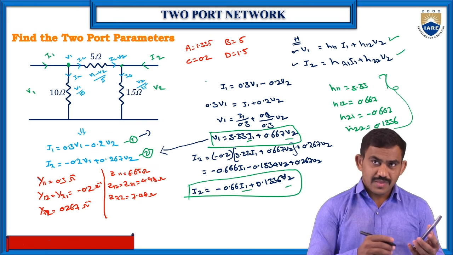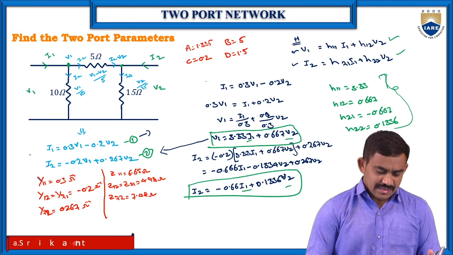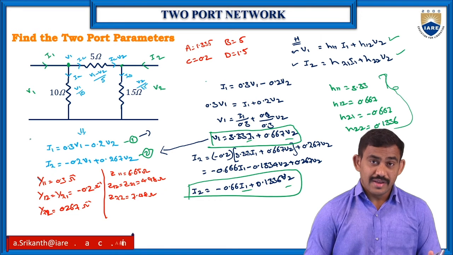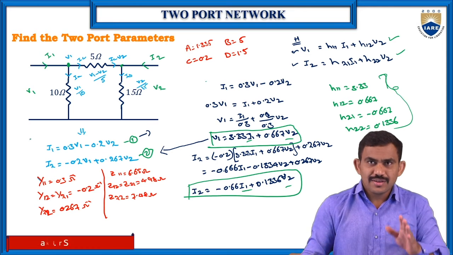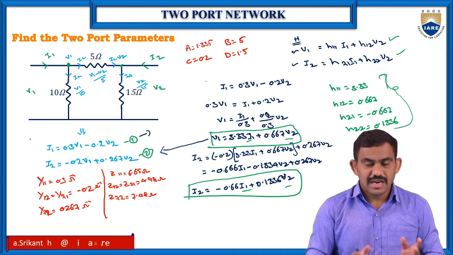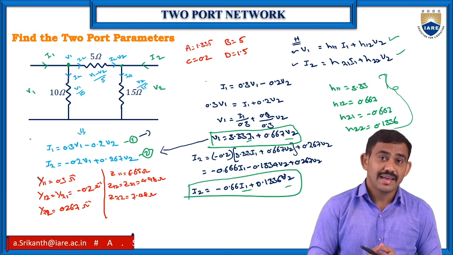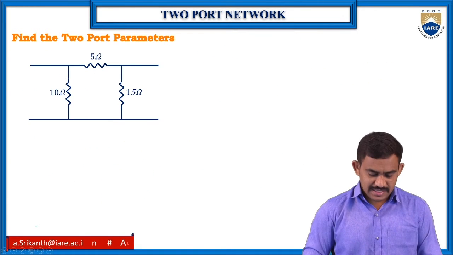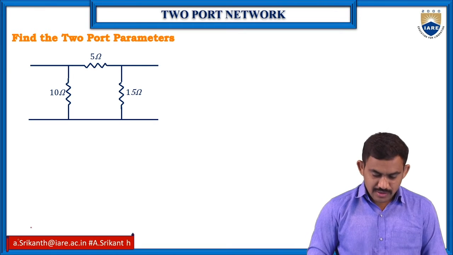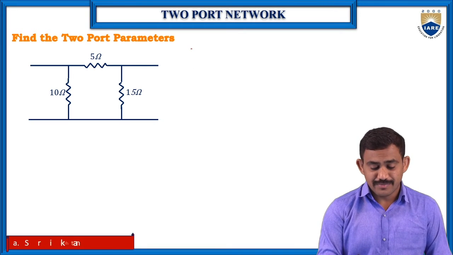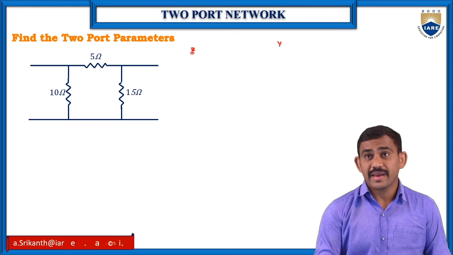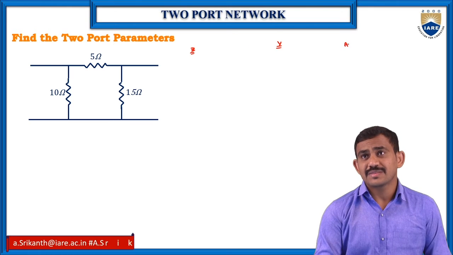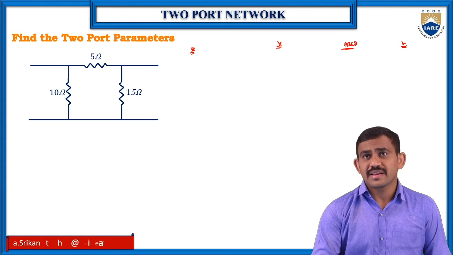Okay, so from this equation we'll get any parameter values when you know the equation. If I don't know how to write the equations, now I want to go for conditions. We'll check it now. So how many conditions do we have? For that we need to write the Z parameters equation, Y parameters equation, ABCD transmission line parameters equation, and H parameters equation. We'll write them now here.